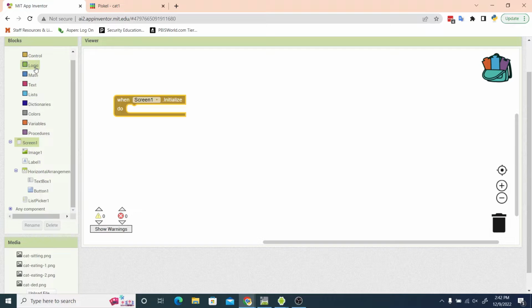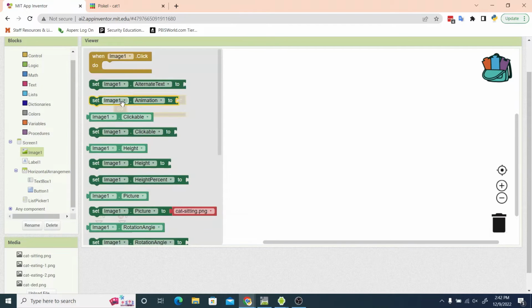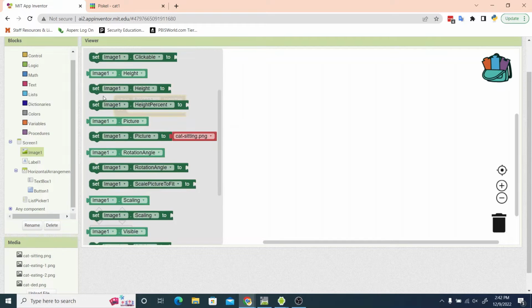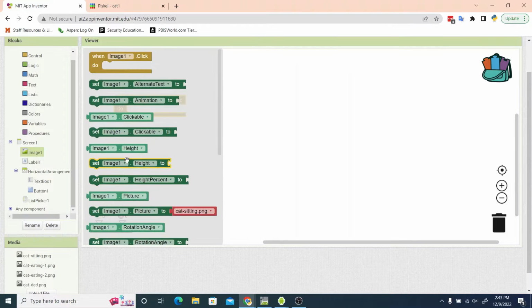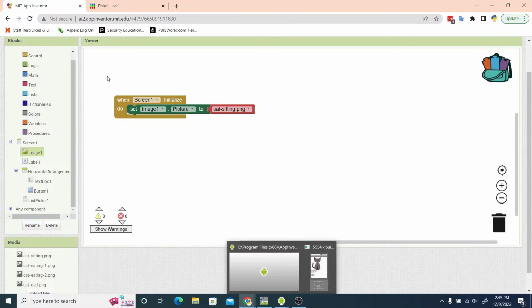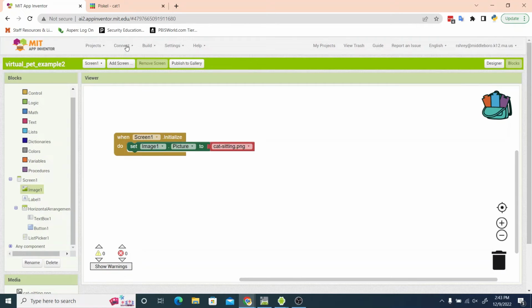So let's set image1.Picture to cat sitting. And that label needs to be set as well. So this label that's going to contain all the information about the cat,